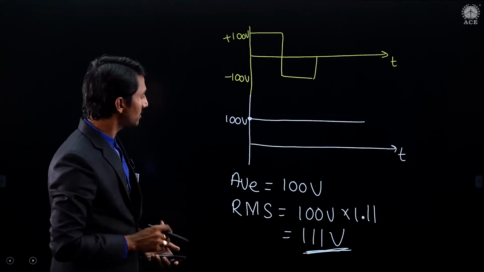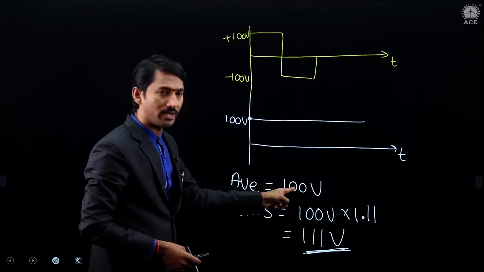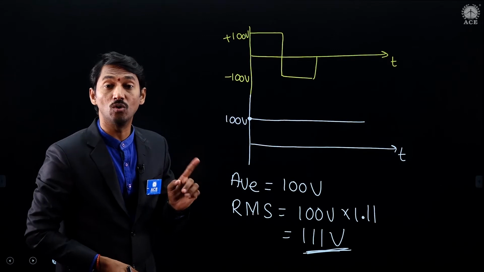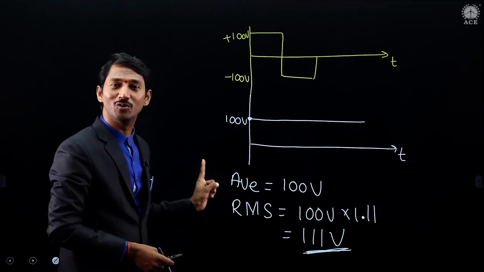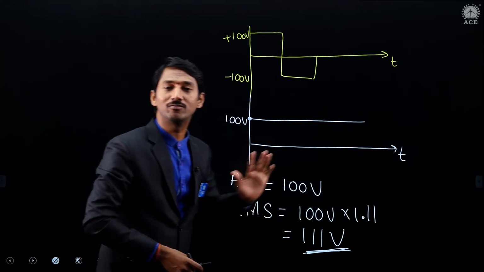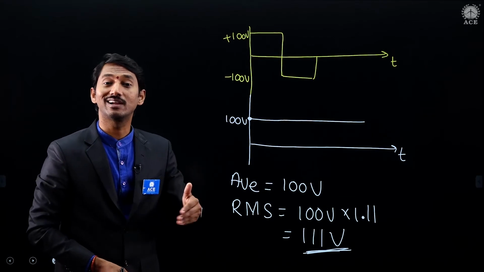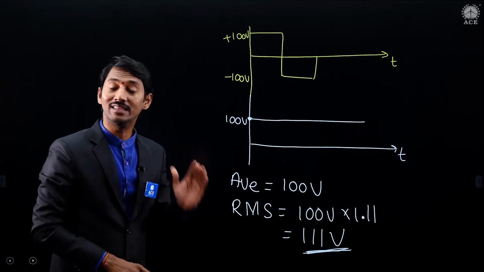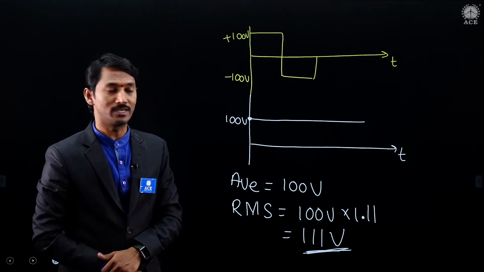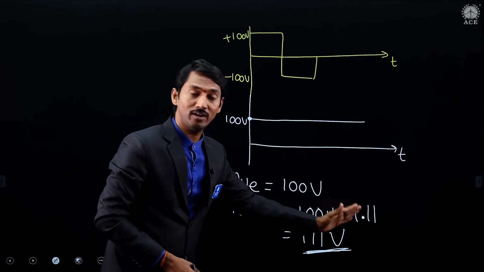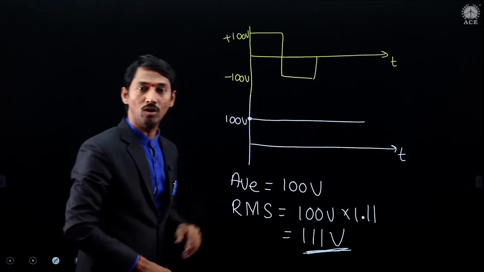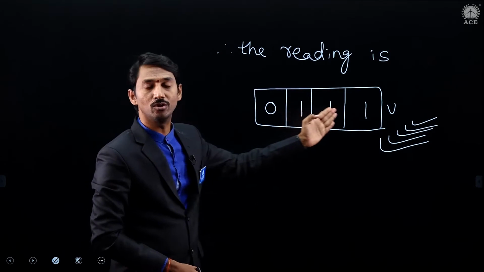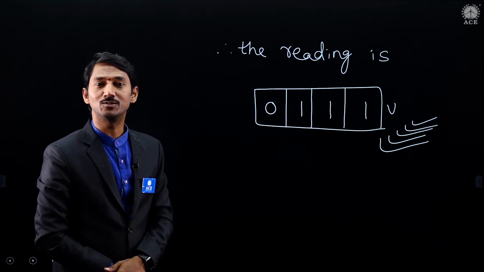Here the problem is, generally we treat this as, okay, 100 volt, so the display will be 100. No, it is a rectifier type. Therefore, we need to multiply with the corresponding form factor. That is generally also called the correction factor in the rectifier type instrument. So that's why we need to multiply with 1.11, thereby 111 volt. So finally, yes, 0, 111 volt is the display.